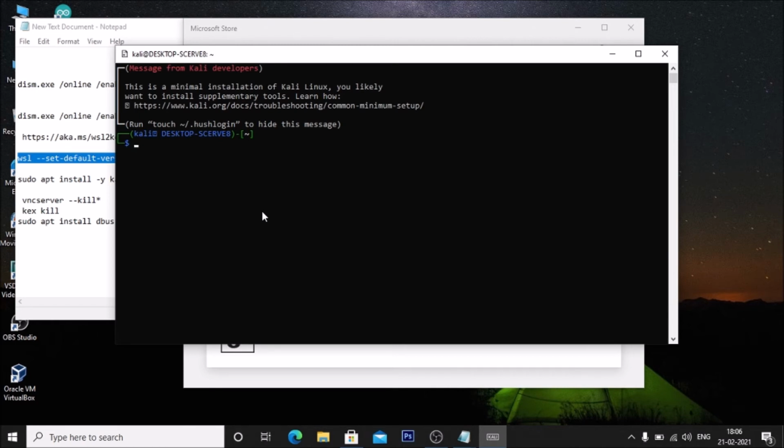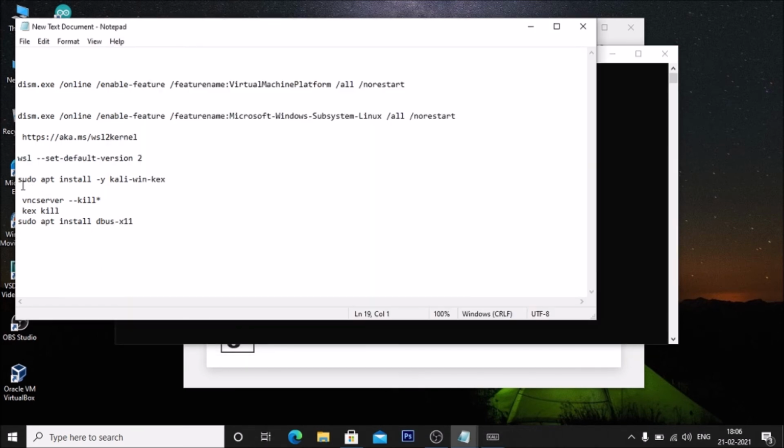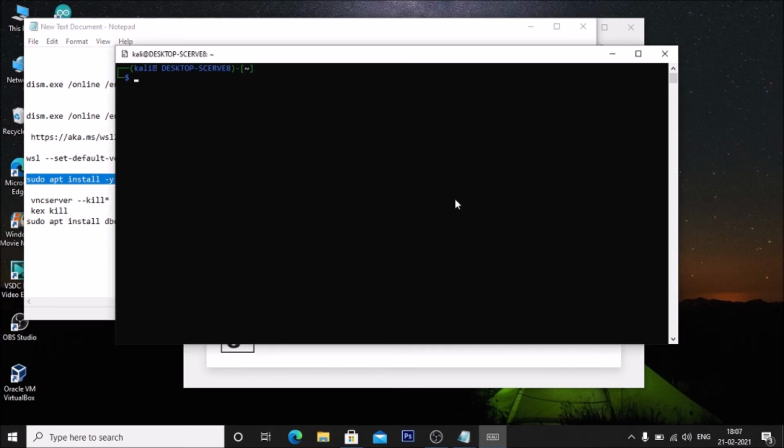Now you are done. From here friends, we need to install the kali-win-kx package with sudo apt install. So simply copy the command and open the terminal, and first we need to update. So sudo apt update, and just hit enter.